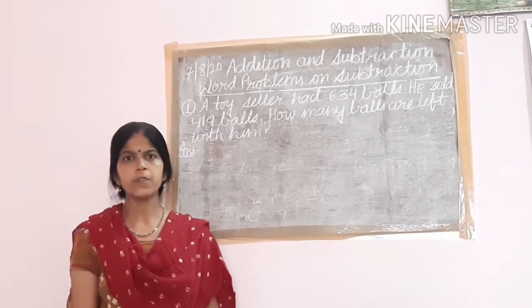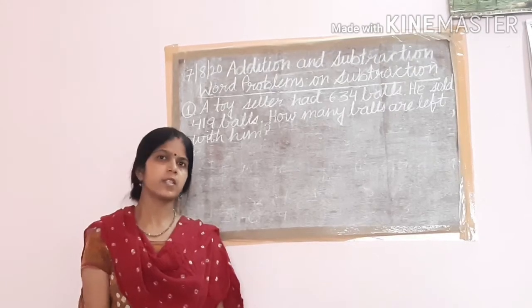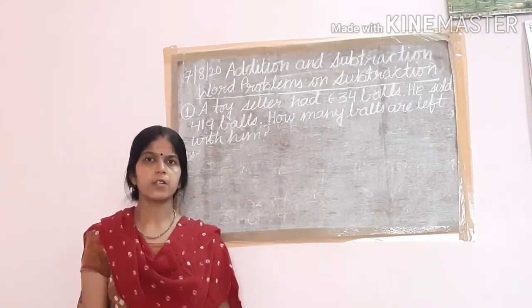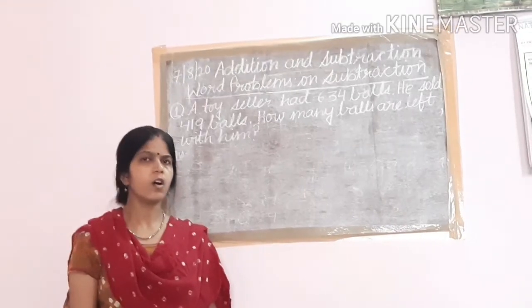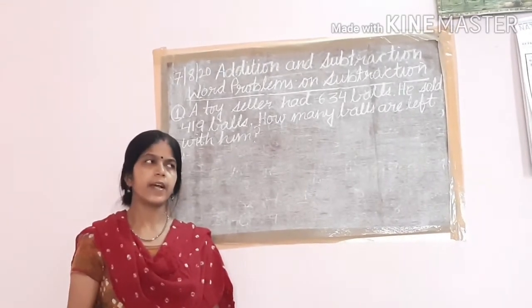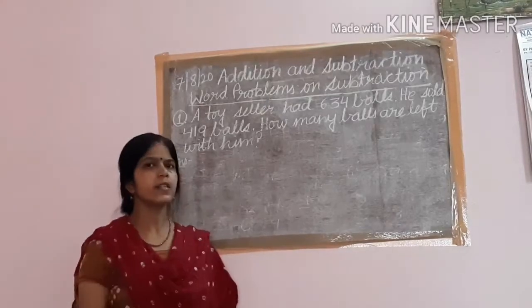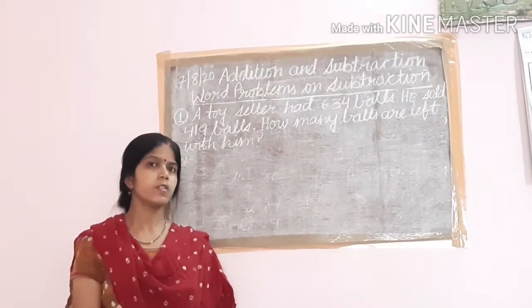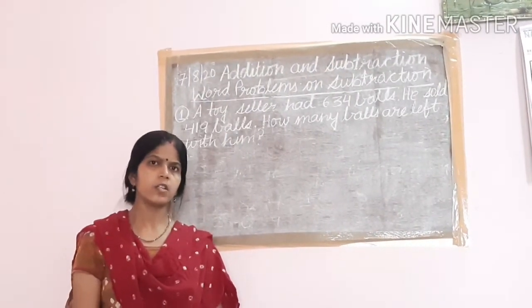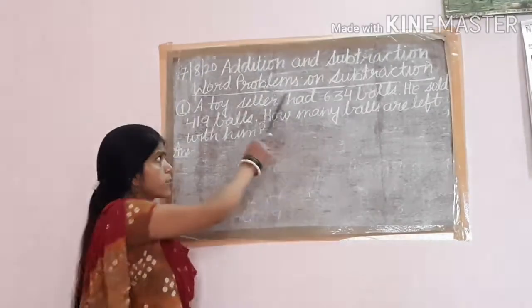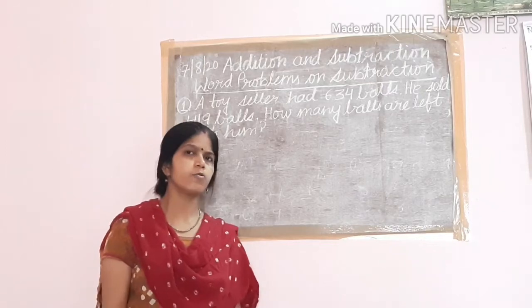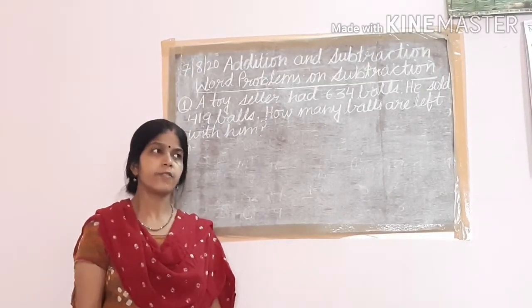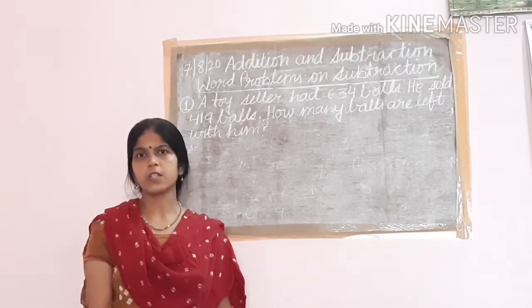But the problem comes when both things are given, addition and subtraction both, then maybe you do it wrong. So please beta, always first read and find out what things are given. Find out the required information and then only start solving. Don't think that subtraction is written, so I can do only subtraction. So how to find whether the given sum is of subtraction or not?